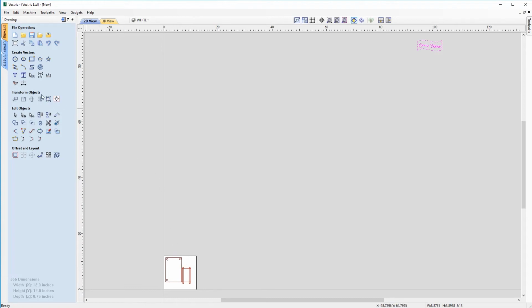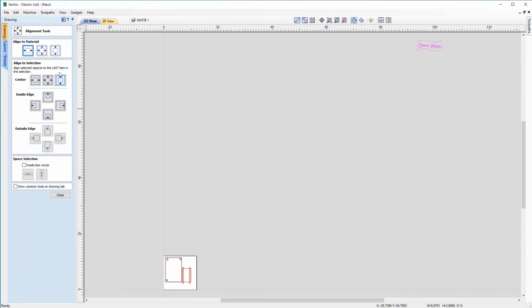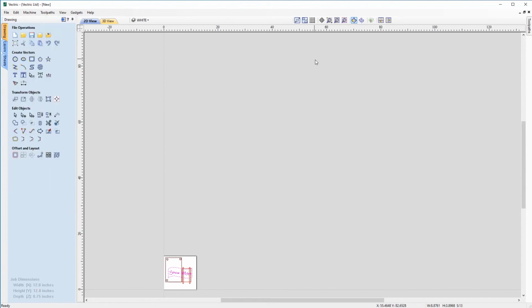over to the transform objects section of our software in the drawing tab and go to align selected objects, and we want to actually align this to our materials. In this case, this represents our worksheet, and we want to click this middle button here to align it to our center of our material. So if you go ahead and click that button, you'll now see that the vectors have been put to the center of our worksheet. So let's just close this, and again we go back up to the top and click zoom active view